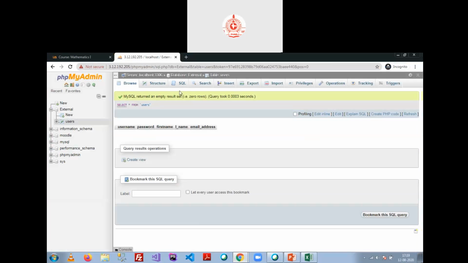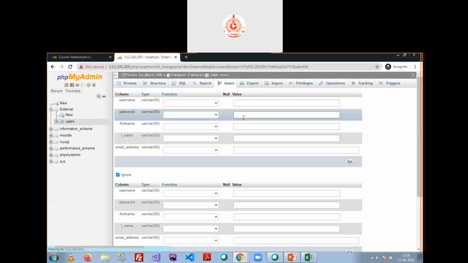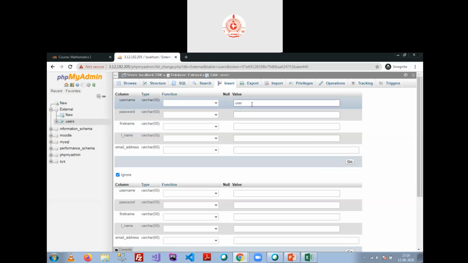I need to fill in just one user's details here, that is user 11. Password is user@123. First name is user, last name is 11, and the email address is user11@gmail.com.